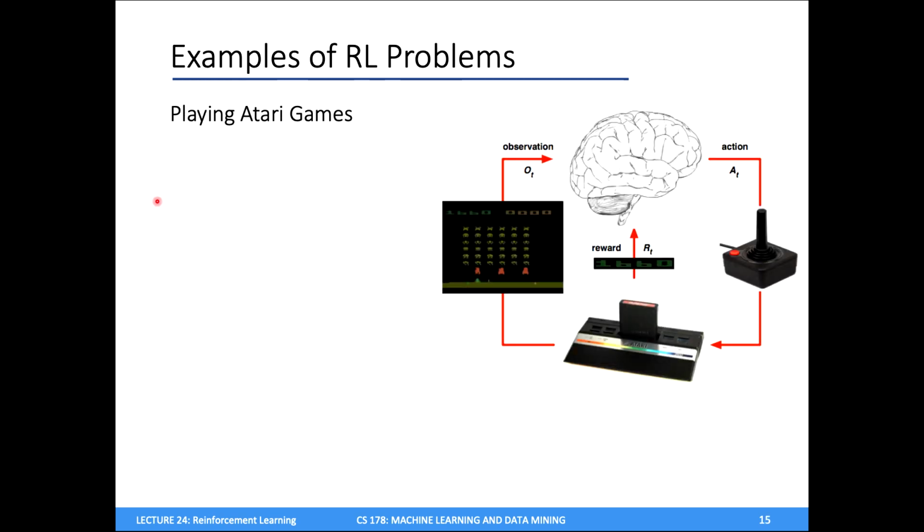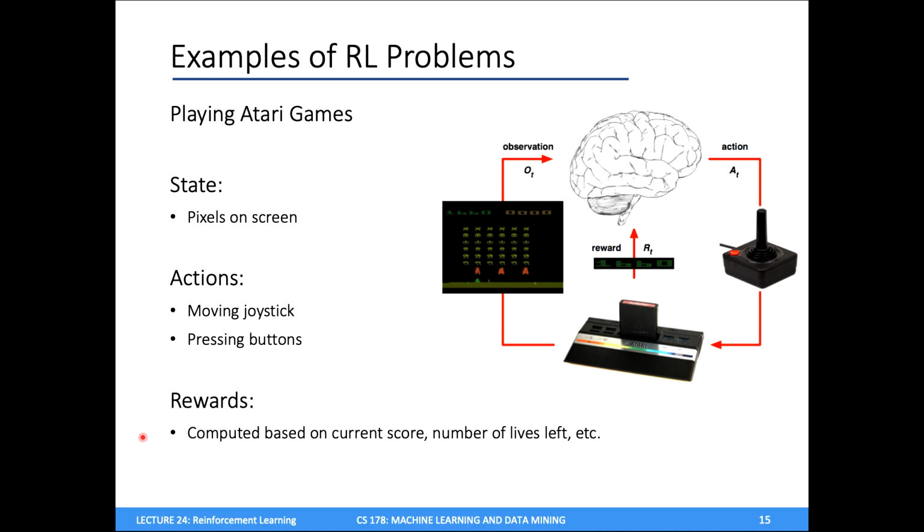A cool example, also game playing, is maybe playing Atari games. But here the state is not just the observation of the board, the state is actually just pixels on a screen. So here the agent has very, very little information about what these pixels even mean from the get-go. We never tell it that it's playing a game, it just sees a bunch of basically bright lights on a screen, and it needs to figure out, by using various actions, here moving the joystick around or pressing buttons, what those actions do. So moving my joystick moves my character or something like that, pressing buttons does some other action.